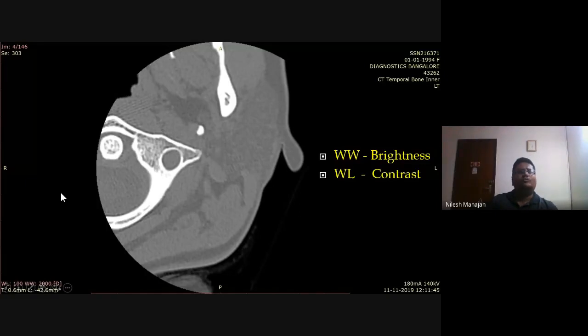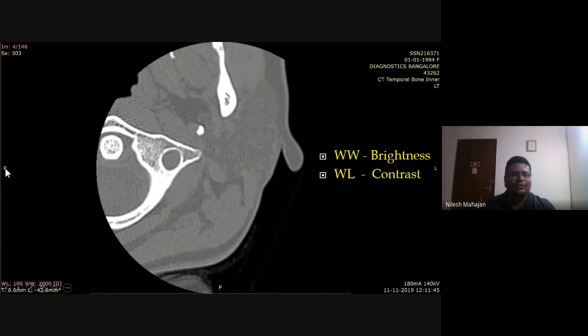Then, as I told you, the first thing you have to see are these orientations, right and left. Most of the time, 99.99% of the time, it will be like this. But suppose your radiologist colleague wants to screw you in some cases and they flip this, then it can create problems. So as I told you, whatever is towards the left hand is the right temporal bone, and whatever is towards the right hand is the left temporal bone. Now this is the left temporal bone, because the right temporal bone will be in other cuts.